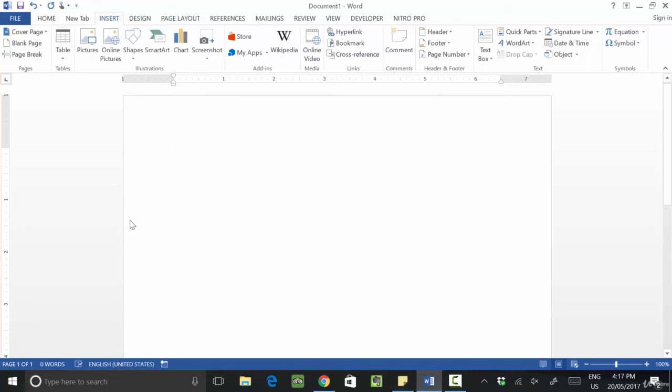Bookmark is basically used to create a link within the document. For example, you want to highlight some lines in the whole document. You are reading a document which has a lot of text. You have a very long file, or you are reading a book, but you want to highlight some points in the book, and whenever you want to go to that particular line, you can reach it.